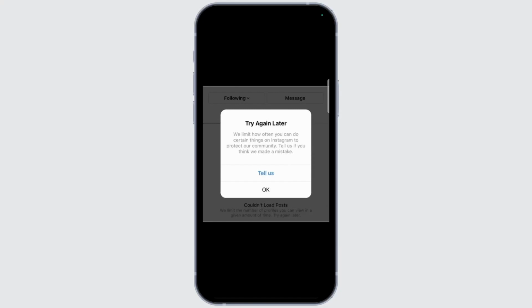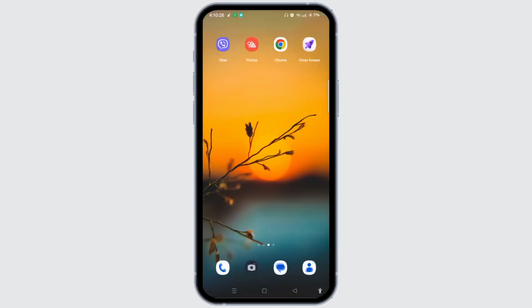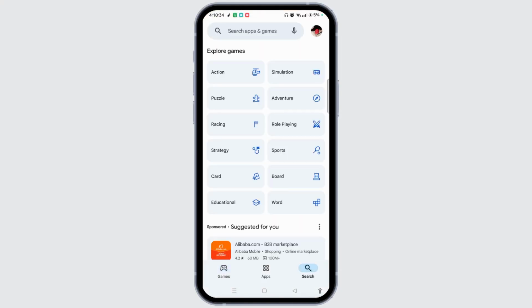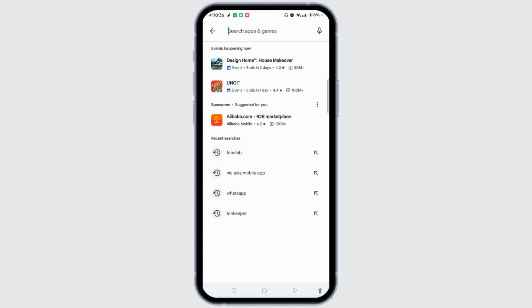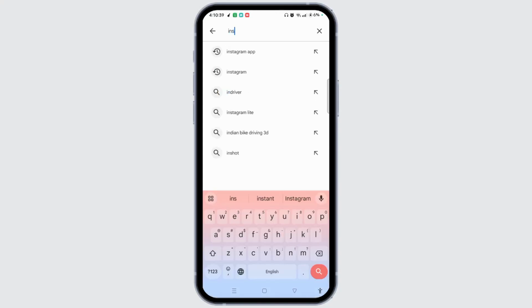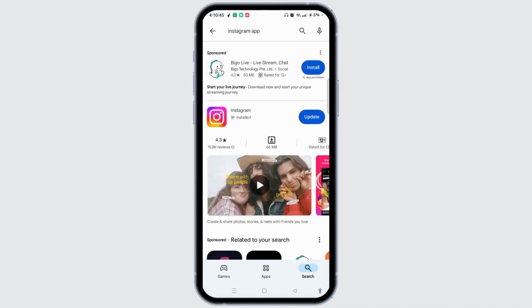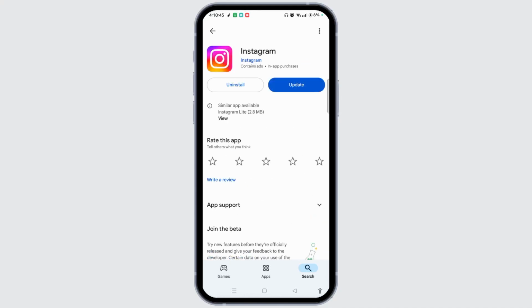So, first things first, you need to make sure that your Instagram app is up to date to the latest version. In order to check that, you need to open Play Store on your device. Then make sure to sign into your account and tap the search icon. Tap the search bar and then type in Instagram. Open the Instagram app, and if you see any kind of updates, tap the update button and then update your app